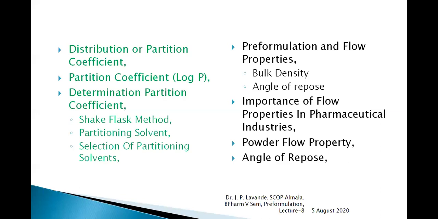And there is a tap density. What is the tap density? No doubt it is the mass upon volume, but how is it obtained? It is obtained by giving a certain number of frequent tappings to the measuring cylinder, so that the volume of the powder material or the API goes on reducing, and this reduced volume is taken as the volume. The mass, whether 10 gram, 20 gram or 100 gram, is divided by the volume obtained after giving the tappings. Generally the tappings are given at say 100 tappings, right? So that is the bulk density and that is the tap density.